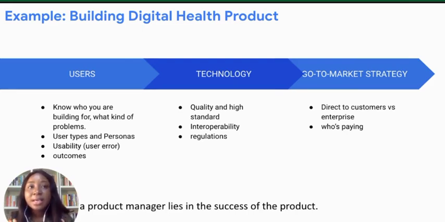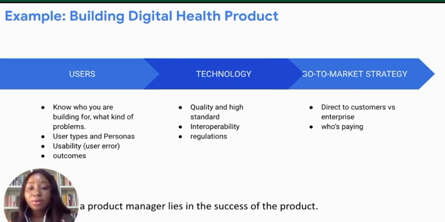And where interoperability comes in is in your product's ability to do this, right? Can your health product easily access the medical record of the patient that has come on board to sign in? Can they easily access it from another similar product? Or can my user easily get it? Or can a doctor who is signed up on my app easily access the record of the patients that I have using my product? Now, the last thing you want to consider under technology is the regulations, right?